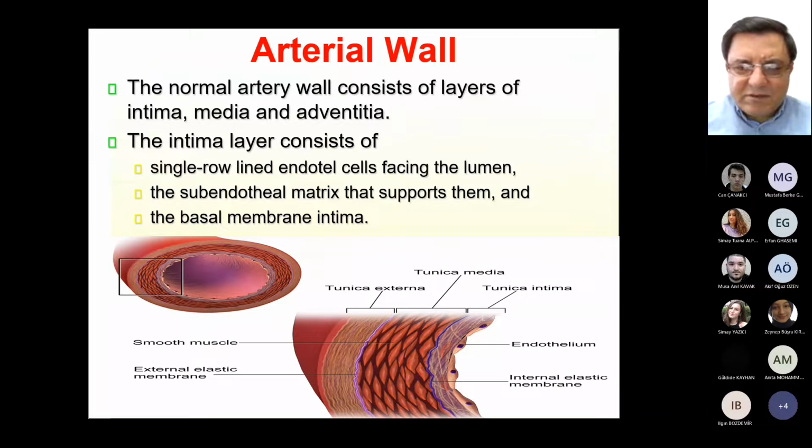if we talk about a little bit of the histological part to understand it well, this is showing the normal arterial wall, and here it consists of three layers: the intima of the vessel, the medial part of the vessel, and the outer part, which is called the adventitia. Especially the intima layer consists of single row lined endothelial cells facing the lumen here, and a little bit of subendothelial matrix supporting this endothelial inner side, and also the basal membrane of the intima, which is supporting the histological tissue in the arterial wall. And